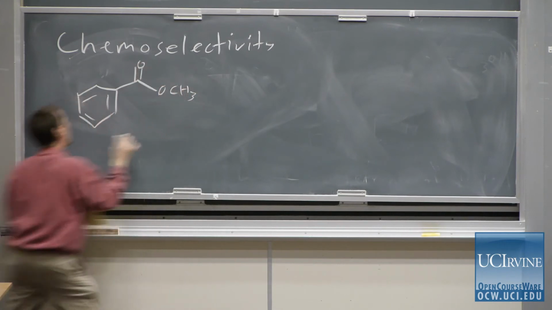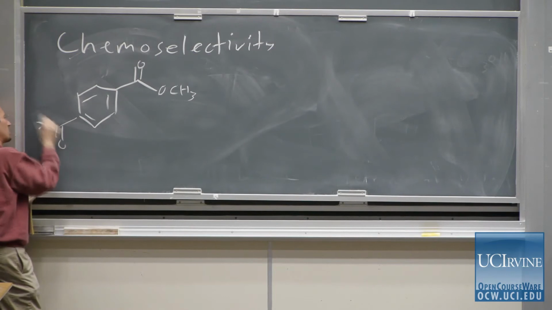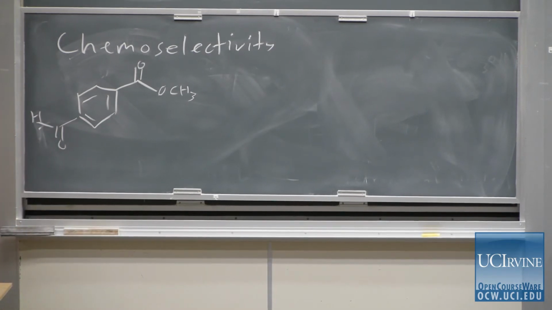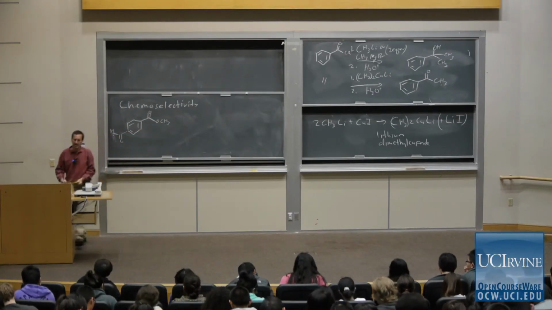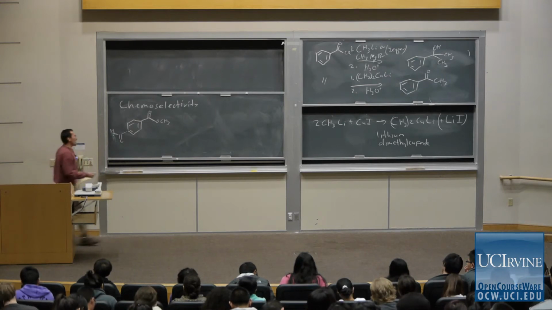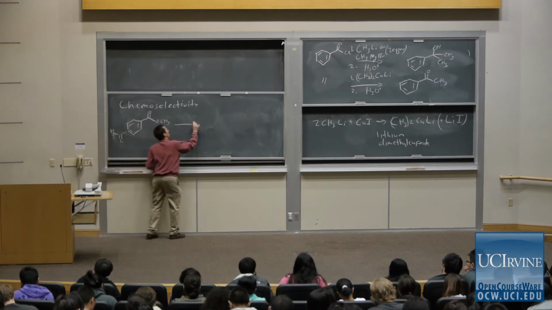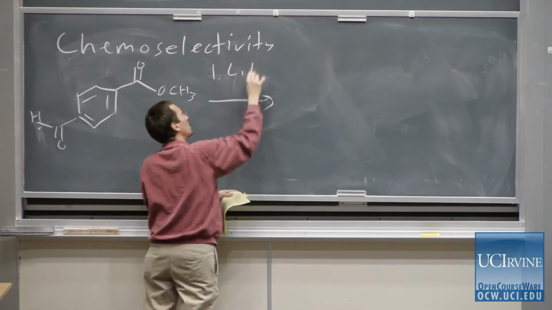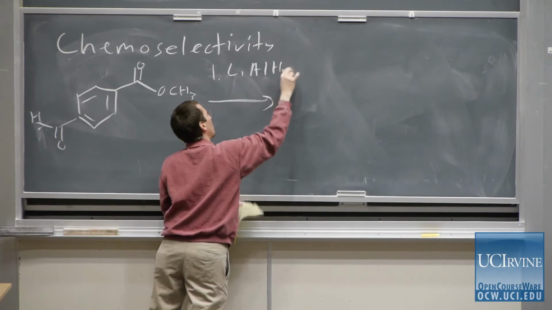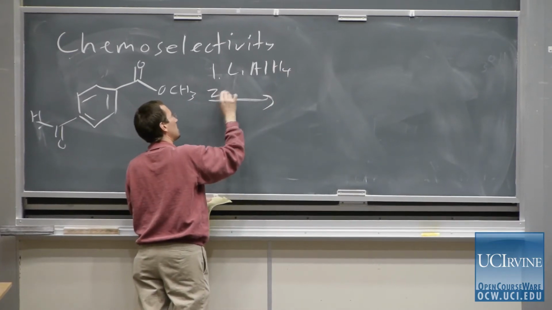So let us take, and again, like many of my examples in the class, they'll be a little bit artificial in the sense that you might not immediately have a reason to do this. Let's take a derivative of a compound called terephthalic acid, where we have half of it as the aldehyde and half of it as the ester. And if we imagine treating this dicarbonyl compound with lithium aluminum hydride and then with aqueous acid,